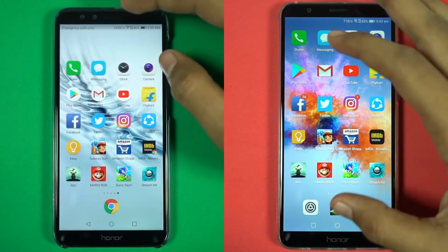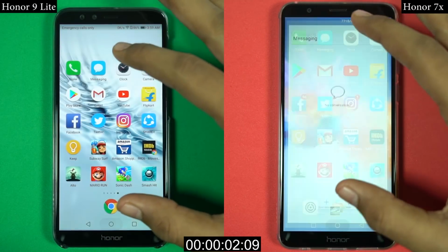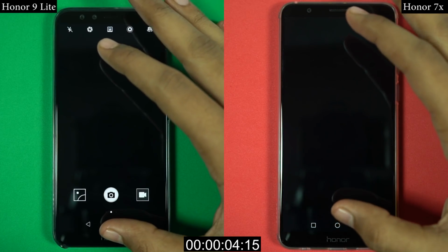Now I'll start the solo speed test where I open these 20 applications on both the phones individually and you can see which phone opens them faster. By the way, both the phones are connected to the same Wi-Fi network and all the apps have been updated